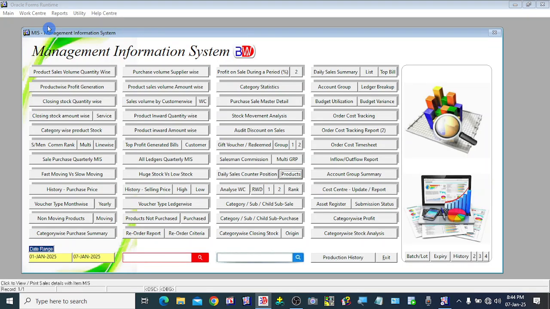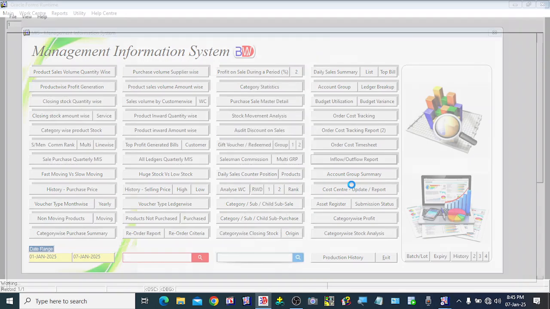Another very useful MIS report that you can check on a daily basis is by clicking this inflow outflow report. Here the date range I have selected is 1st January 2025 to 7th January 2025. I want to see an inflow and outflow report during the period 1st Jan to 7th January. By clicking this inflow outflow report,